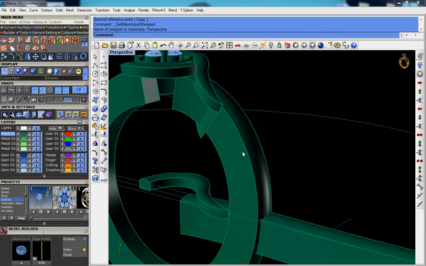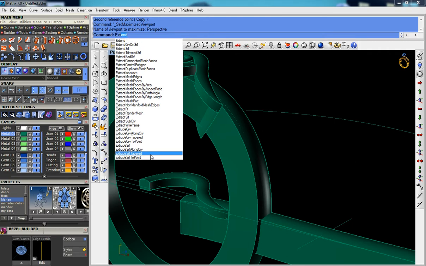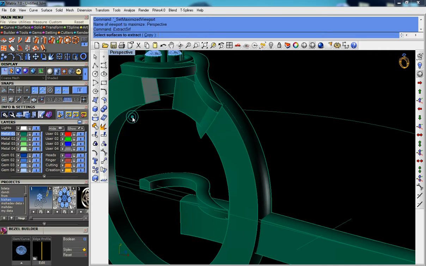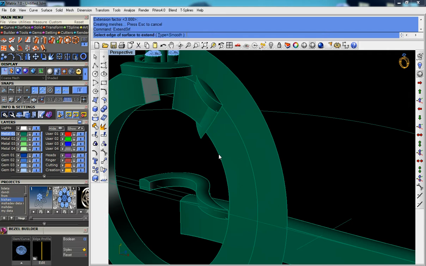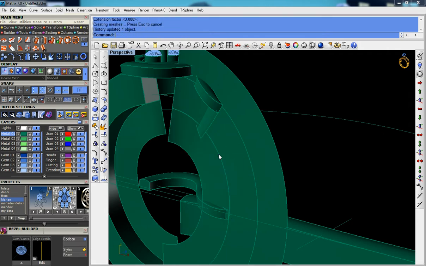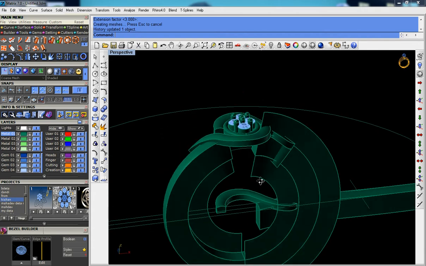Guys, I make a duplicate surface here, make a duplicate surface or extend surface here, extract surface, click copy here, enter. Now extend it, extend surface, click this here, click this here. Okay